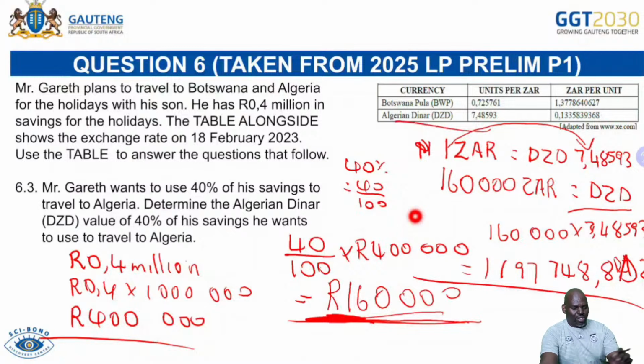And then boys and girls, unfortunately, I can see that time is not on my side. So I can only do the questions up until number 6.3. Actually, we're supposed to do more questions, but time is not on our side. So please make sure that you revise this type of questions. Remember, it's interest, loans, banking and loans, exchange rate, and inflation as well. There was another question about inflation, but unfortunately we couldn't get to it because of time.